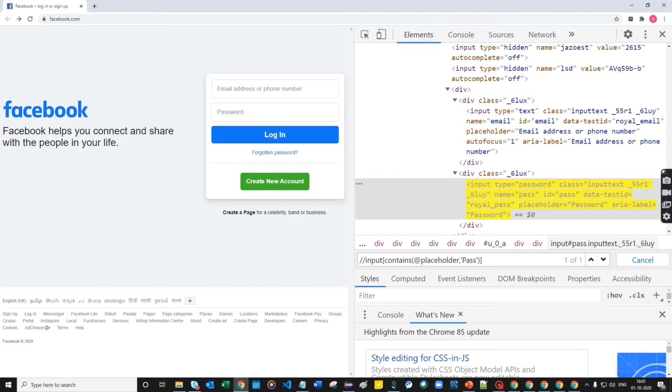I don't give the whole word. Contains means the word is contained inside the attribute, and it will be highlighted, right? So this password one is highlighted. This is the way we define the contains XPath.